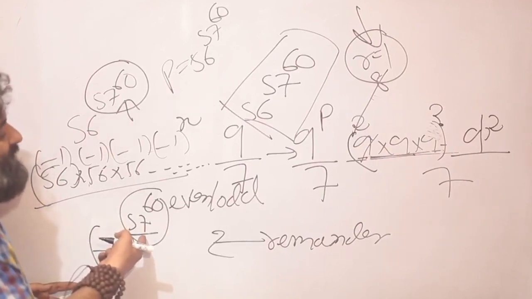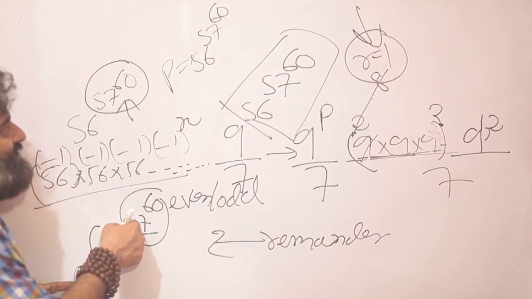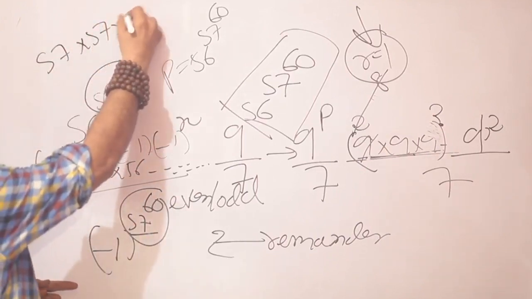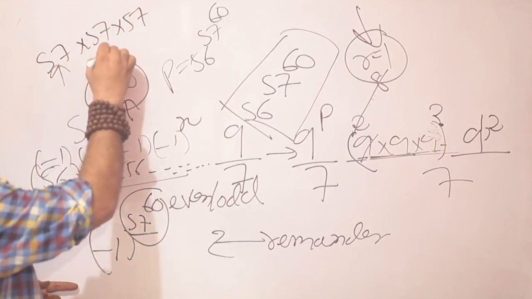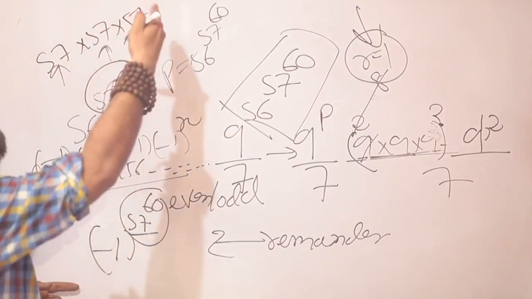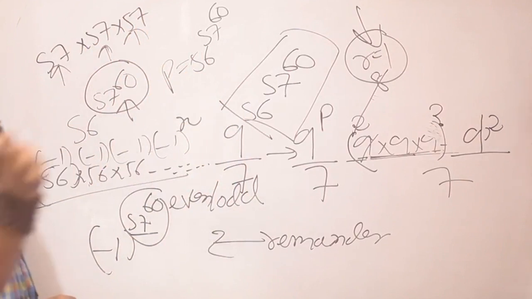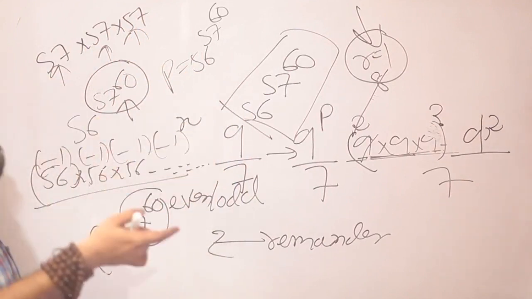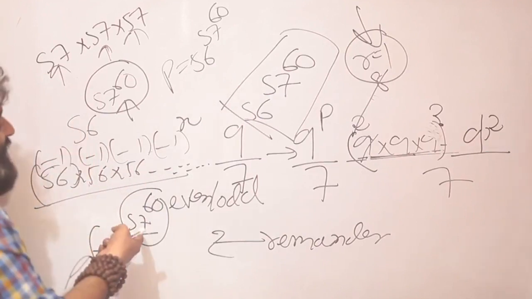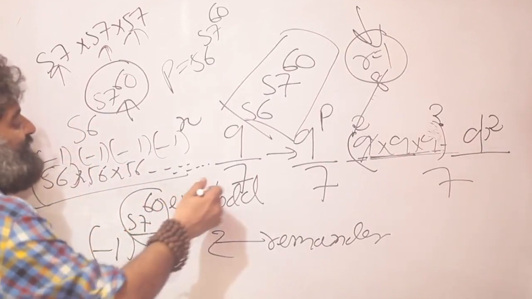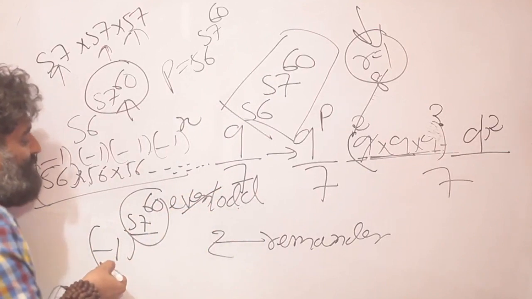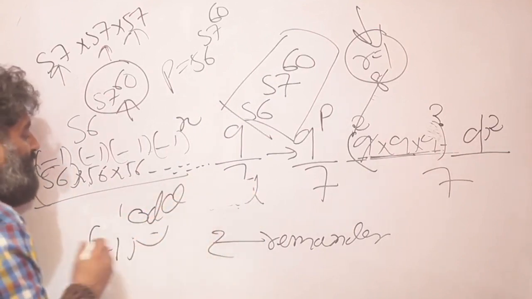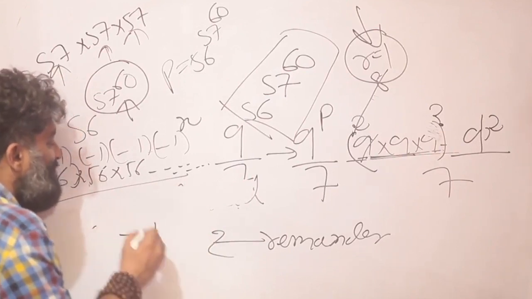This number is obviously odd, because what does 57 raised to 60 now mean? It means 57 into 57 into 57. Each of these numbers is odd. Odd into odd into odd, you need at least one product of two, multiple of 2 to make it even, and that is not happening here. That means this 56 raised to 60 is odd. That means -1 raised to a very big odd power. The overall result is going to be -1.